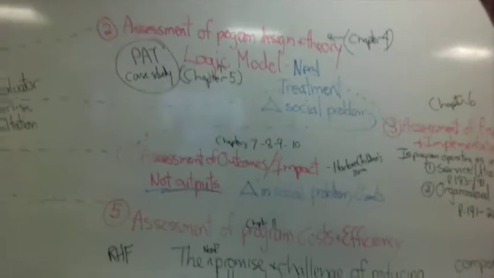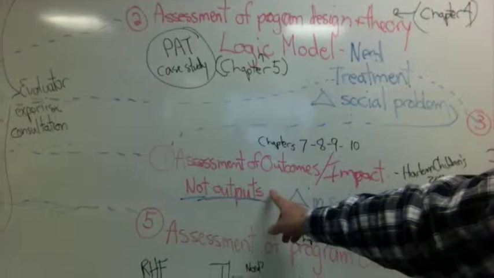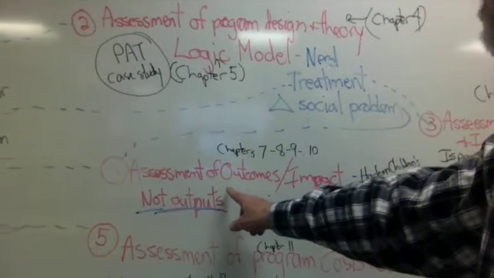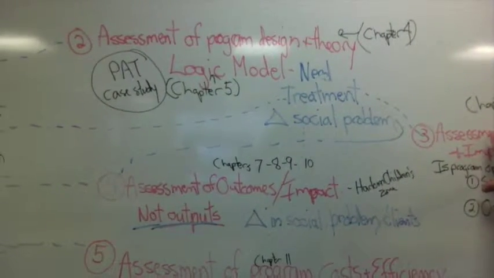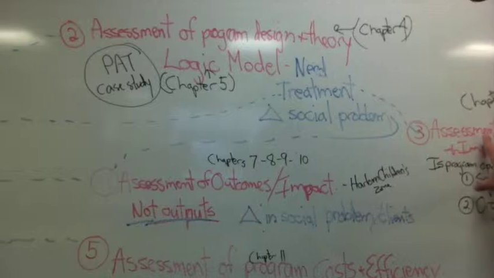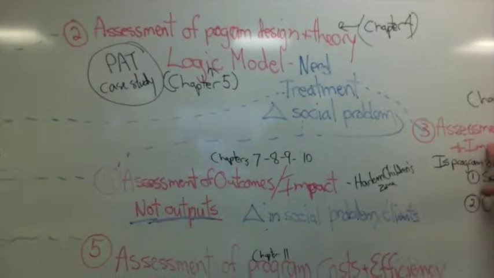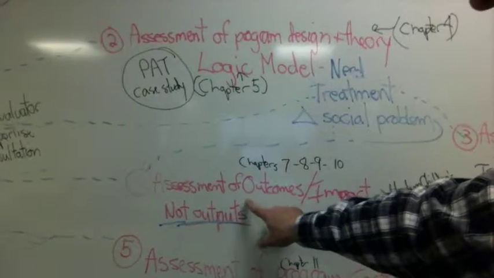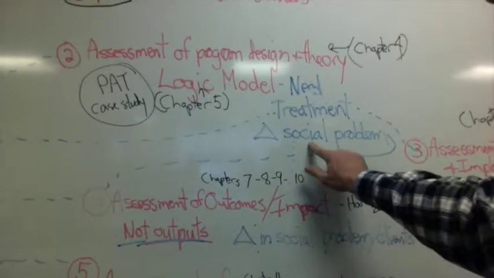But then we got to this part, and I think this is, in my own mind, where the course maybe got too challenging in the details of the Rossi book. But let's just look at it. The fourth thing you want to do, if you know that the program's being implemented as designed, and that you don't have, quote, implementation failure, then you want to think about, okay, am I getting the outcomes or the impact that I hoped I would?